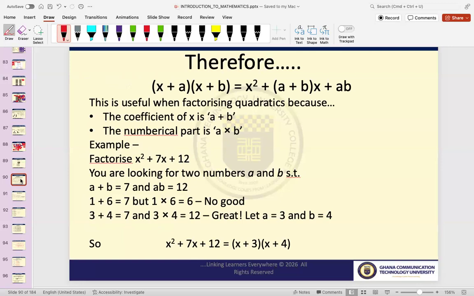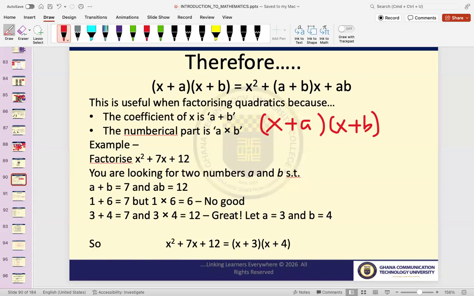So anytime you are given an expression x plus a multiplied by another x plus b, when you expand,